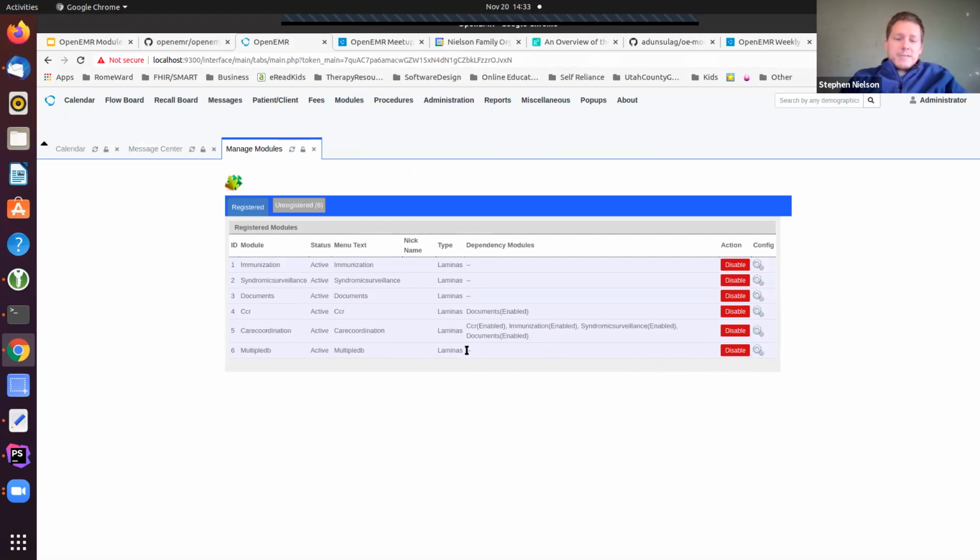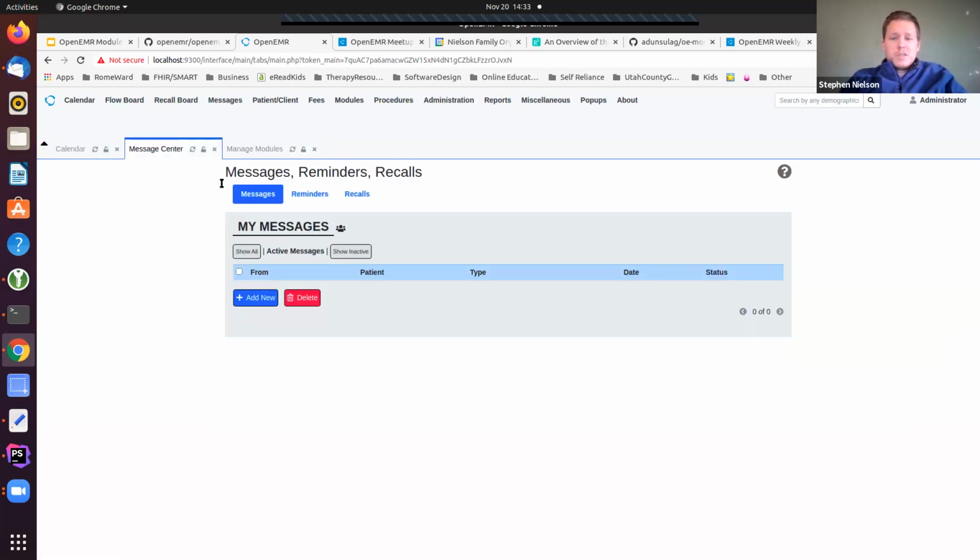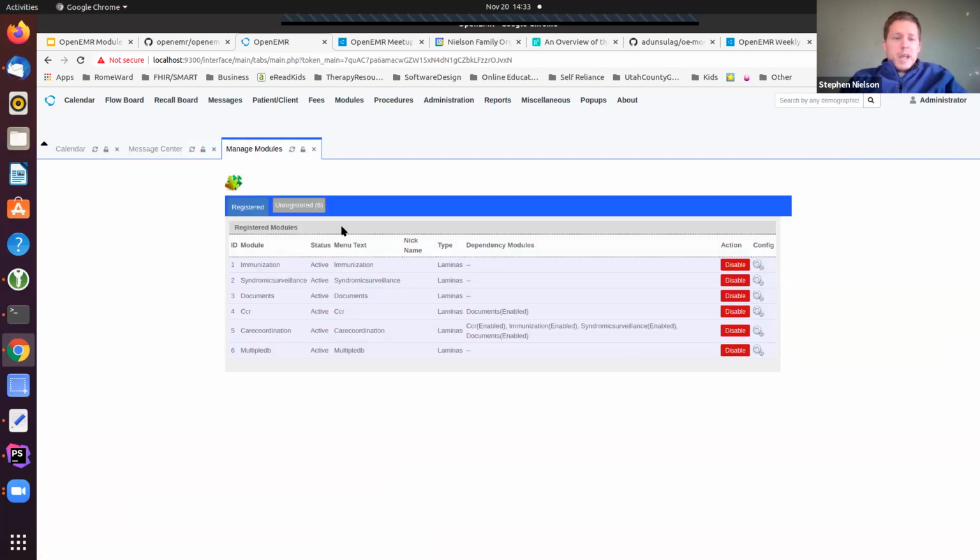It's had that active flag in the module database table switched from 0 to 1. My module is now active. Okay. What that means by being active is that it's going to run on every single page load. Every time that this thing refreshes, that module runs. Every time this refreshes, that module runs. Every single page, the module will execute. Okay.